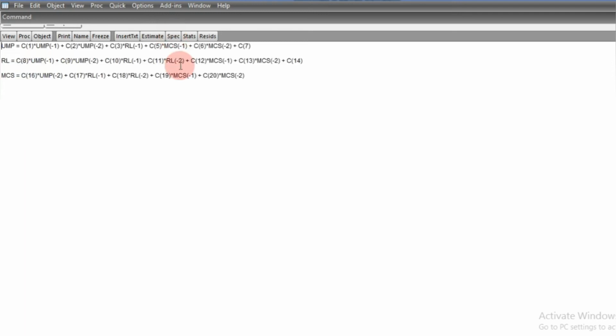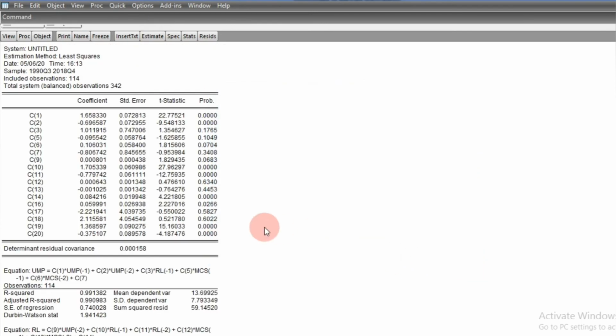So we go back to spec and remove C8. So having removed C8, we re-estimate the model, and what do we see here? The highest in p-value here is 0.63. Okay, 0.63 is the highest in p-value, and that corresponds to C12.